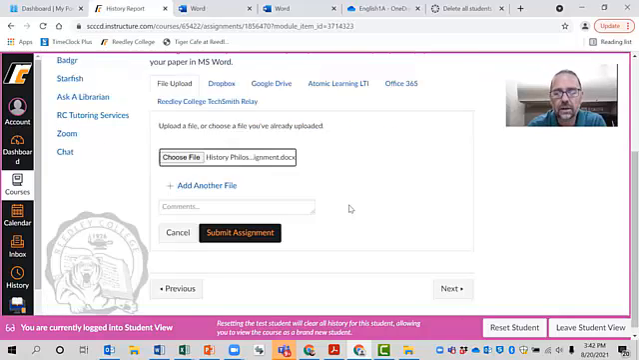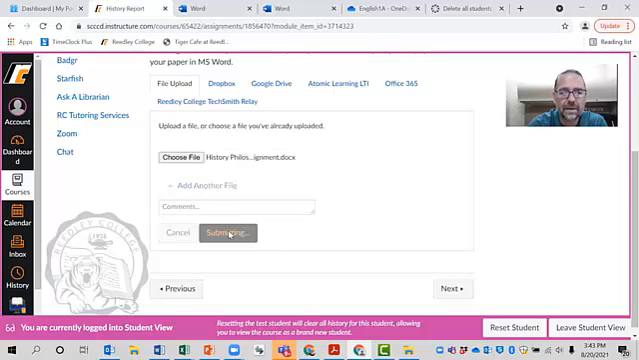Be sure that you're ready to upload your assignment. Take some time to make sure you've done everything correctly. Some instructors will allow you to submit an assignment just one time. Others may allow you to submit it multiple times in case you make a mistake, but just be careful. Make sure you're ready for it to go to the instructor. And when you are, you hit submit assignment,